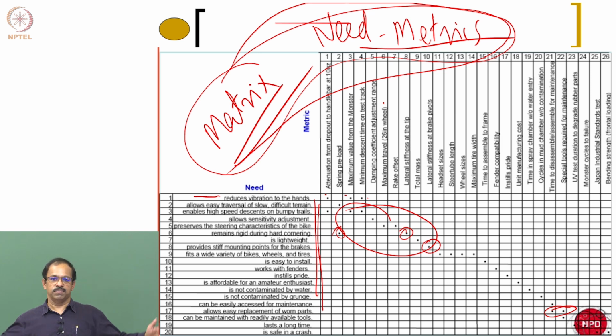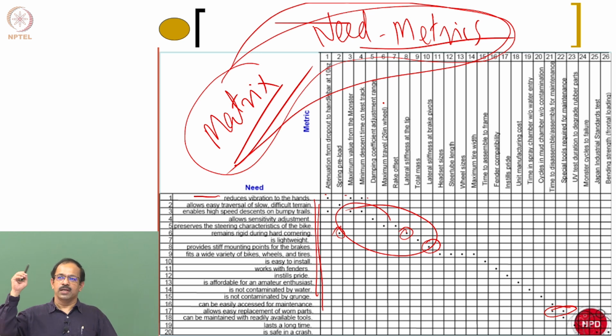How do you say time to assemble? You said it's a metric and you know the unit is seconds. How do we say that it is 20, 30, 50 or 60? Measure. What to measure? Where do you measure? You don't have a cycle now. You are going to design a cycle, right? So you measure from others. Suppose there is a similar cycle, you see how much time it takes to assemble. Or there are two or three manufacturers with different designs for the cycle. You measure how much time it takes to assemble, so you get a comparison.